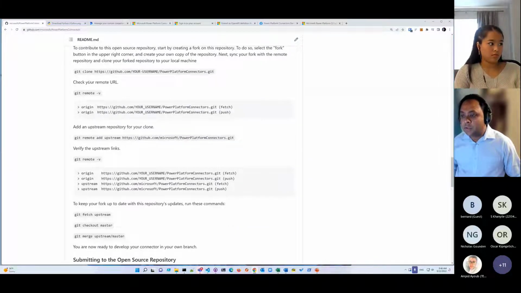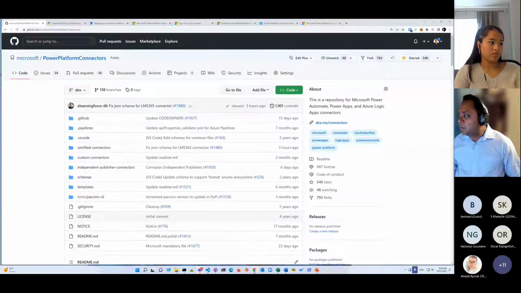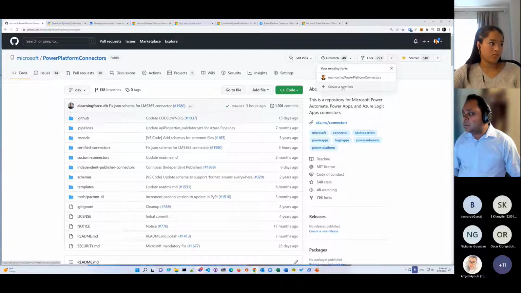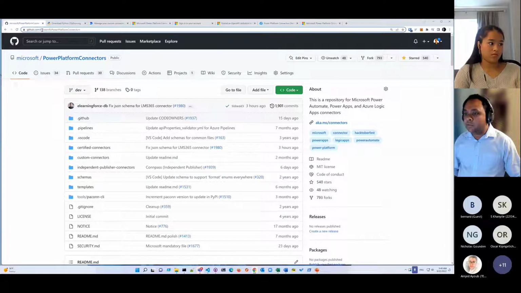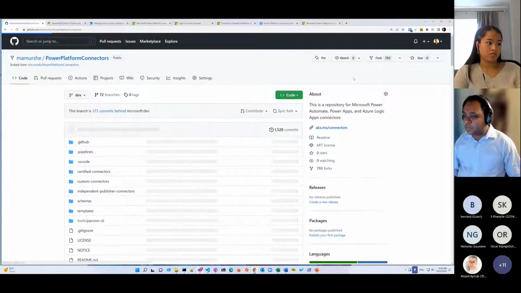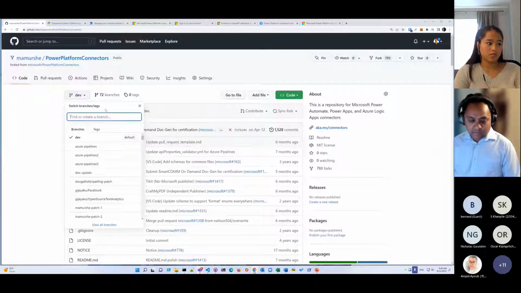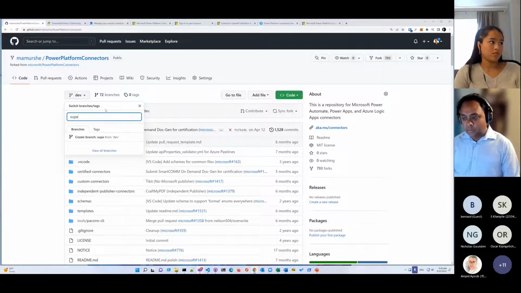So here's the way. You have to create a fork. So what is a fork? A fork is your own copy that you create that you can modify however you want, right? So create a new fork. Once you create a new fork, you'll have your own copy, right? Like I have my own copy. The difference is that here is Microsoft, and here it's my name slash Power Platform Connector. So I already created a fork. So here is a copy. Once you have a fork, click here and type your name or say a new connector, say updated super Facebook connector, right? And then you create a new branch,